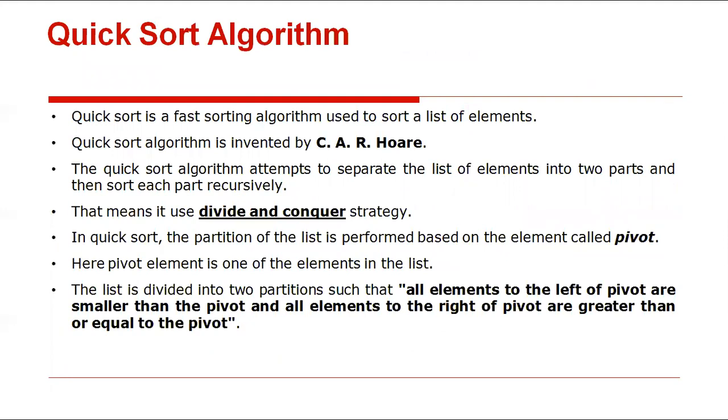Quicksort is also a technique. It is used to arrange the elements in either ascending or descending order. Quicksort is a fast sorting algorithm used to sort a list of elements. The quicksort algorithm was invented by C.A.R. Hoare. The quicksort algorithm attempts to separate the list of elements into two parts and then sort each